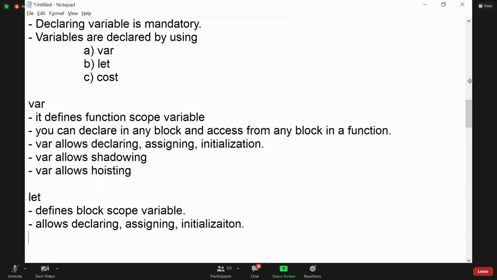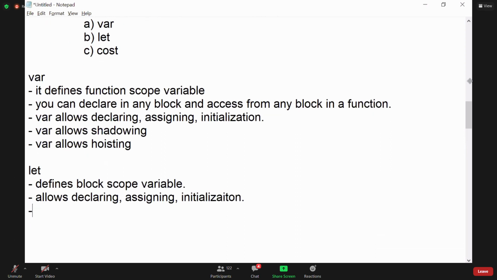All three are allowed, same like var. But let will not allow shadowing, and let will not allow hoisting. Shadowing and hoisting are allowed only for var.